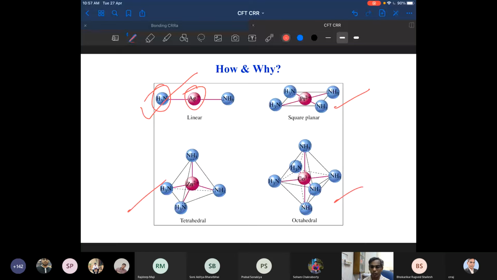Yes, that is well and good, but that gives you a geometry, but that doesn't explain the nature of bonding. It doesn't explain the properties of the molecule. So there's linear, square planar, tetrahedral and octahedral. Now the crystal field theory will give a little flavor. It's an attempt to explain how this geometry can be brought in terms of a theory, bringing these ligands and metal together, and then explain particularly the color of the complex and the magnetic properties. These are the two things that we are going to learn, right?